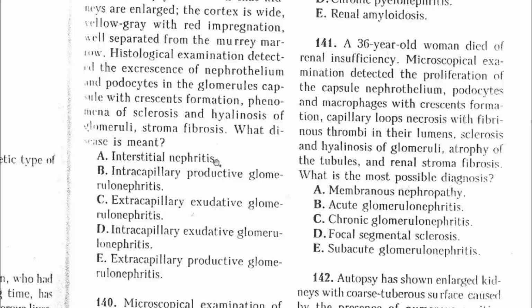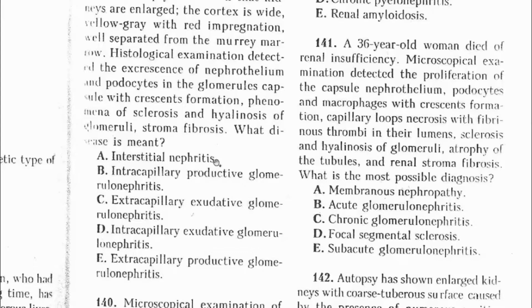And according to the character of inflammation, we have non-suppurative exudation and we have proliferative. According to the method of propagation, we have diffuse and we have local. So we combine. So intracapillary proliferative glomerulonephritis is typical for post-streptococcal glomerulonephritis, whereas